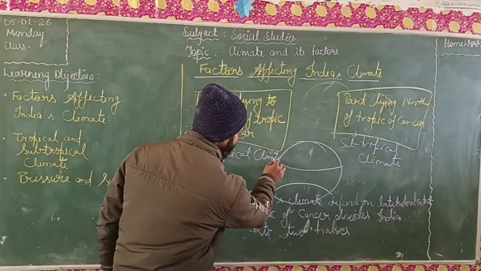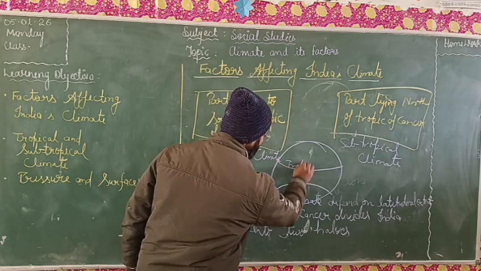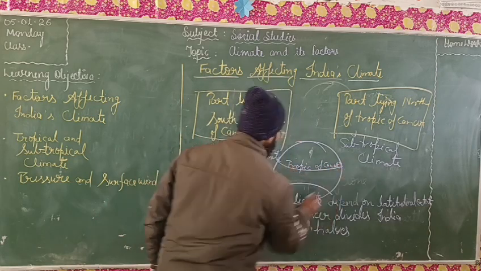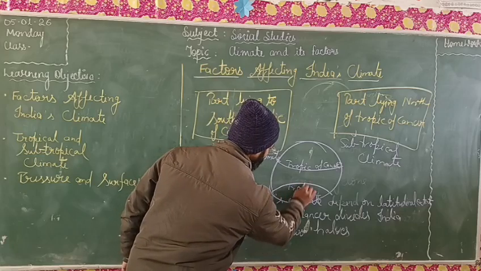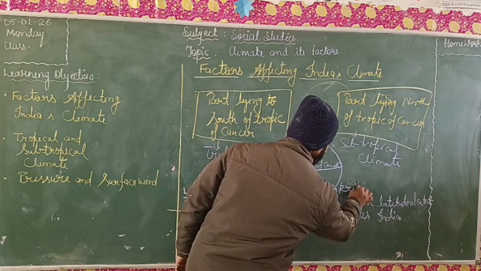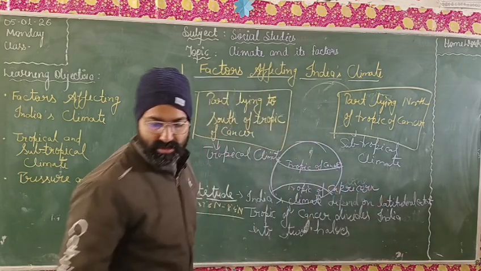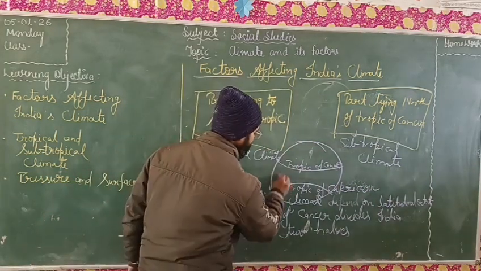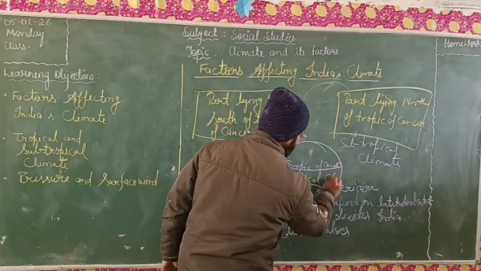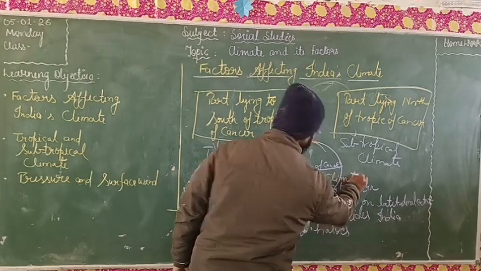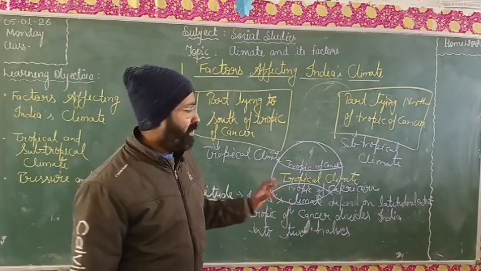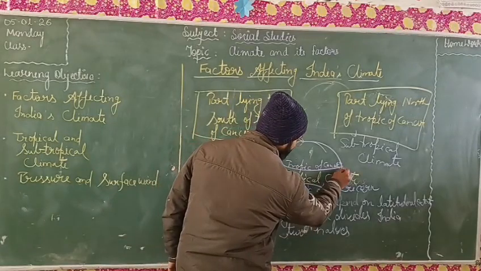From the Tropic of Cancer to the Tropic of Capricorn, this region includes the tropical type of climate. Or you can say that the southern part includes the tropical type of climate, and above that